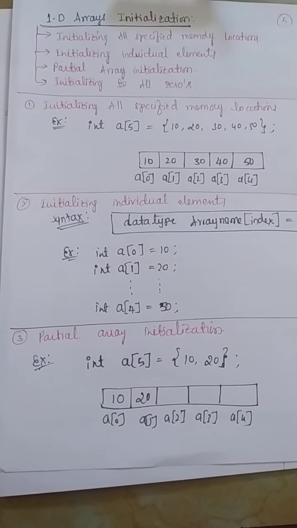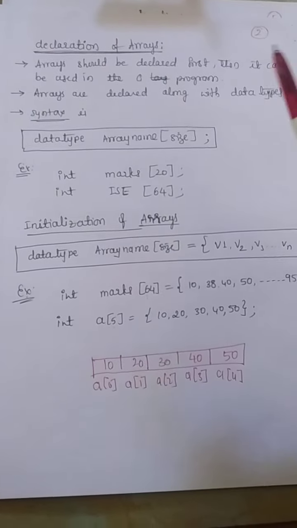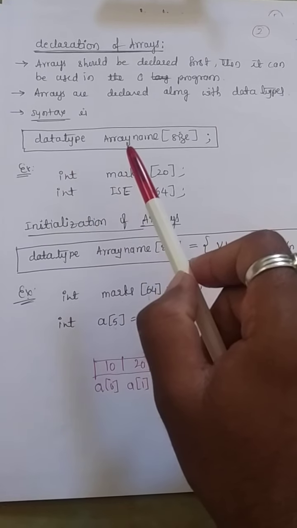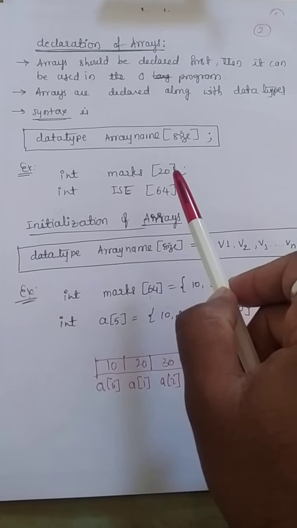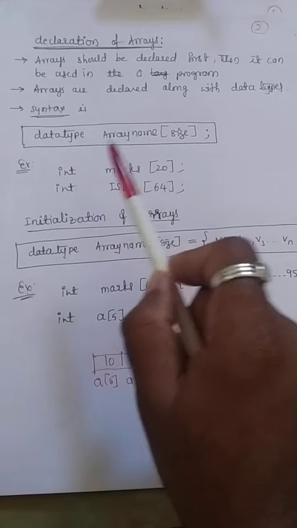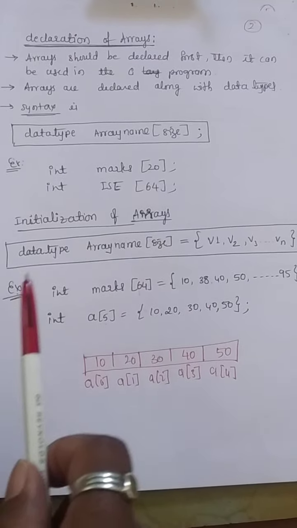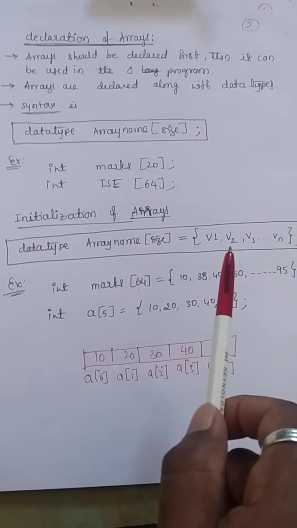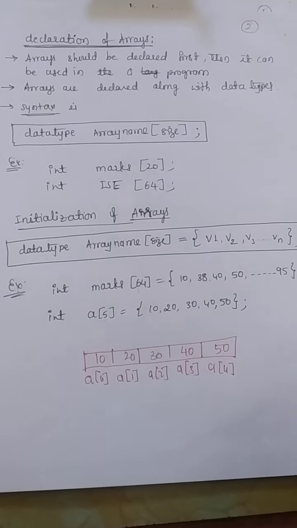Next, how to declare one dimensional arrays, in the sense, same thing what we discussed in the earlier class. So declaration of an array contains data type, array name and size. Got it? Example, int marks[20]. So one dimensional arrays contain data type, array name and size. And the initialization will be the same as it is: data type, array name[size] = value 1, value 2, value 3, value 4, up to n values you can have. Got it?